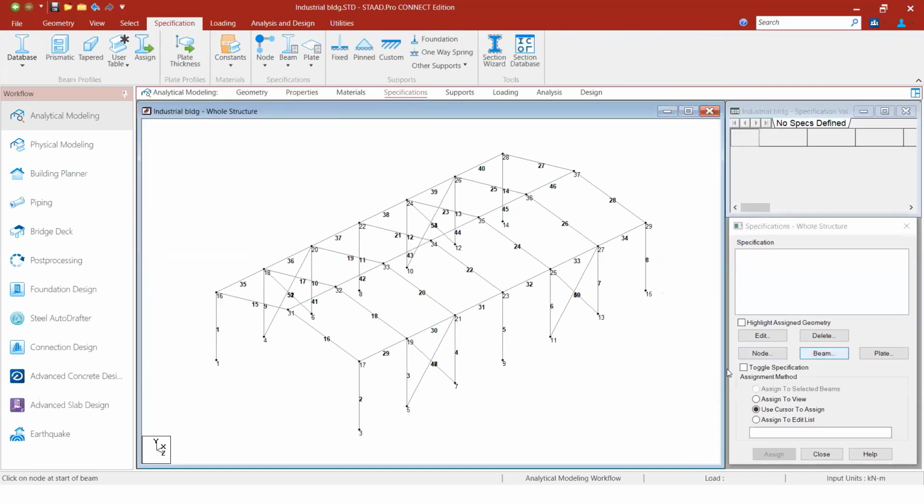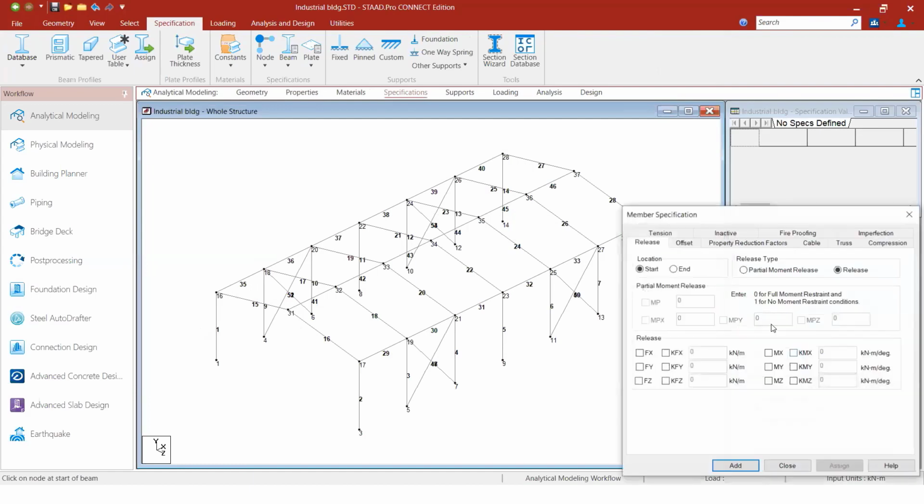Normally in the specification, what you have to see is the release part. Member release is normally done in the case of an RCC structure, whether the member is released or not, and the same thing should be implemented in your design also. If moment is not released in the secondary beam, it will develop torsional moment in the primary beam.